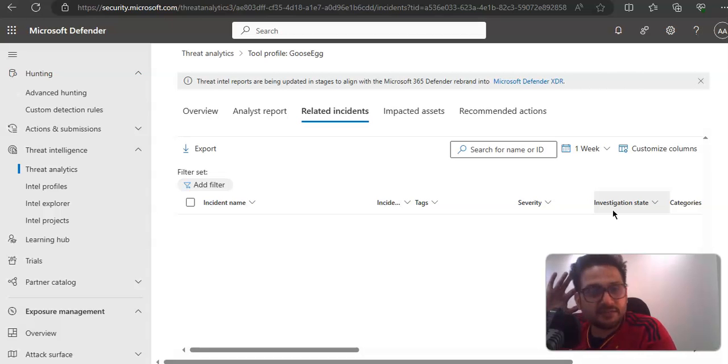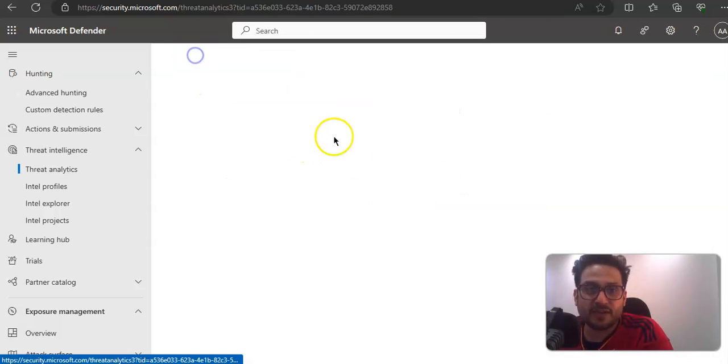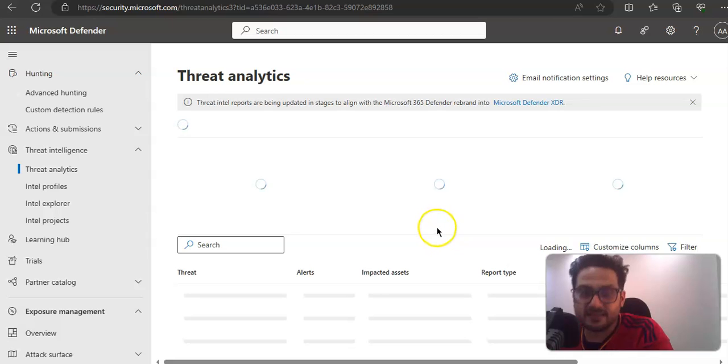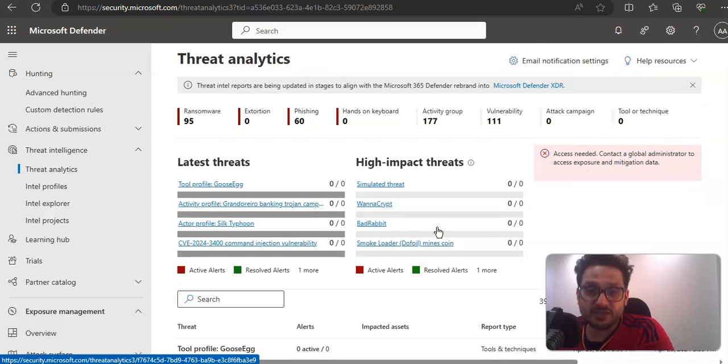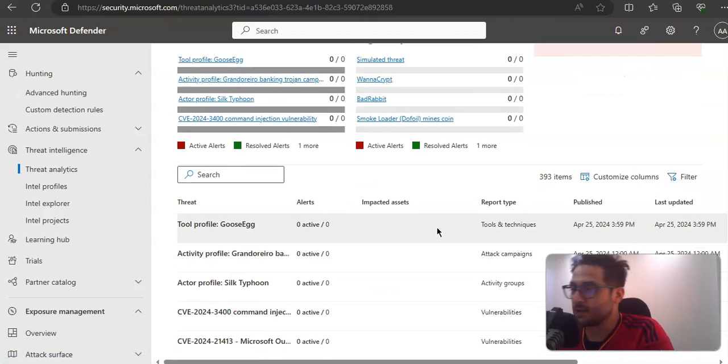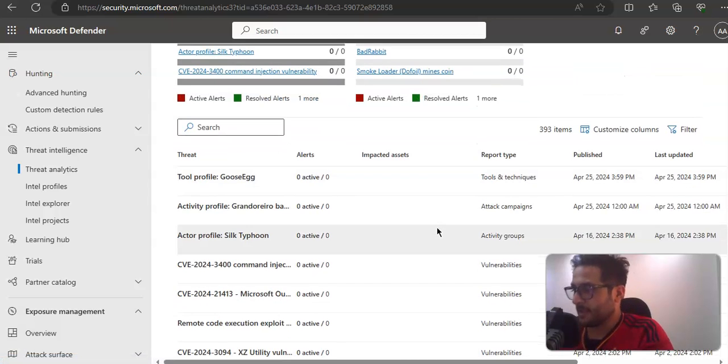So you can visit the threat intelligence, threat analytics page and see what type of threats and what type of analyses Microsoft Threat Intelligence has done on that threat, and how vulnerable it is, or how dangerous that threat is, and how it has impacted your environment. Okay, so